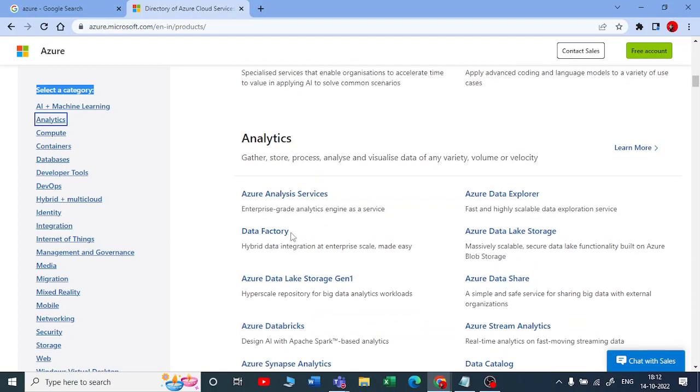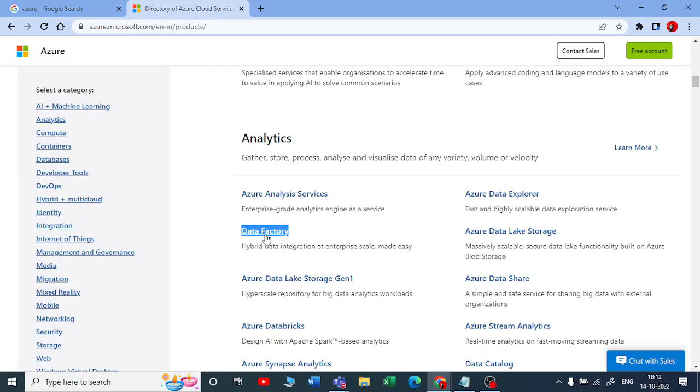We will be using Data Factory, which is nothing but an ETL tool, or a data integration tool. We generally use Data Factory, a no code or low code tool, to extract data from different sources, transform it, and then load it into a target. We will be talking about that in detail.